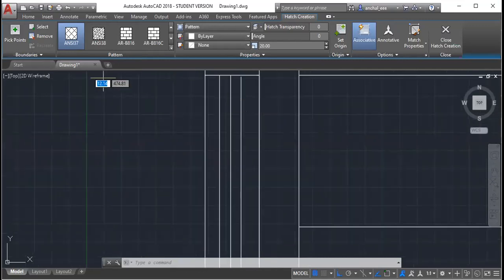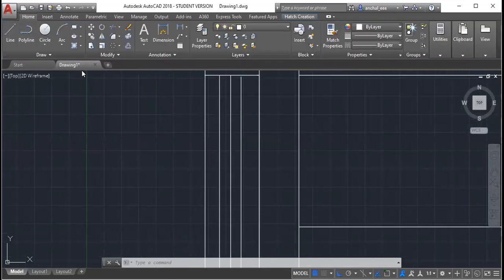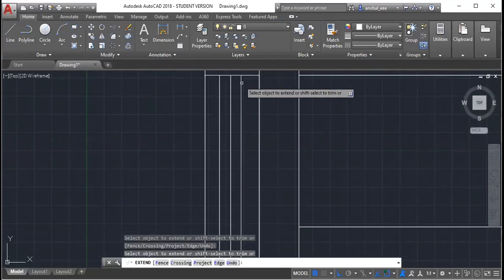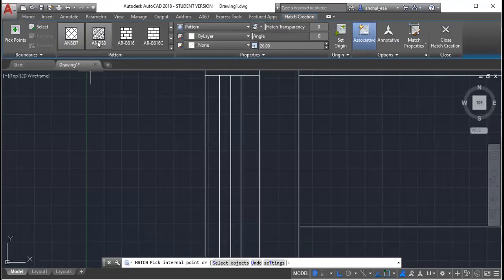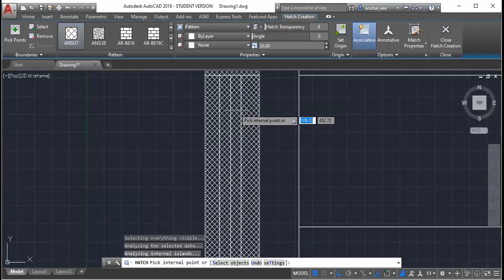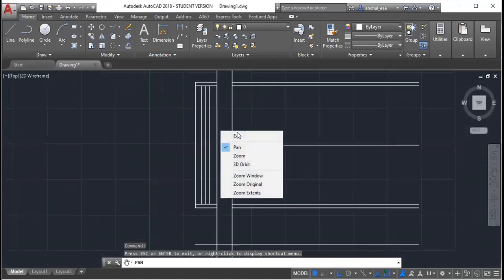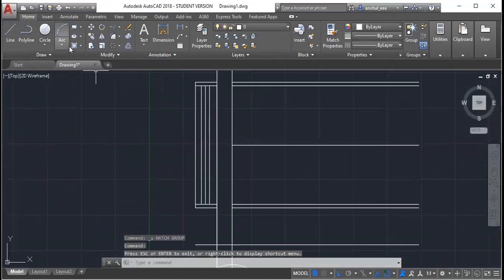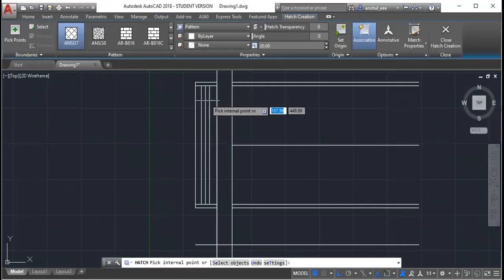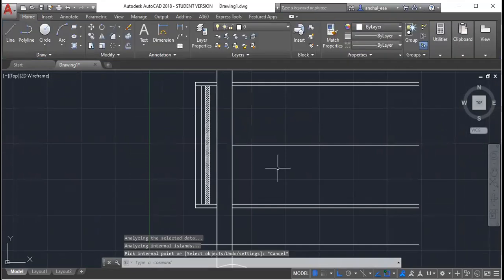So if I get a gap somewhere, I will extend that line so that there is no gap left. So we are done with this.